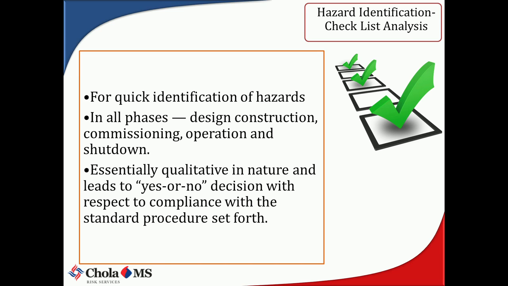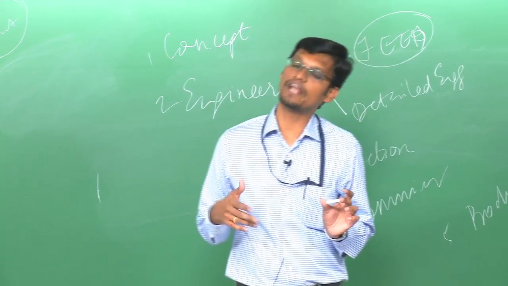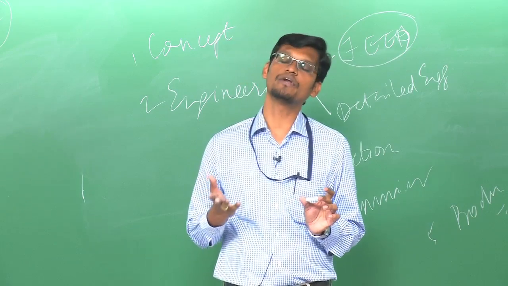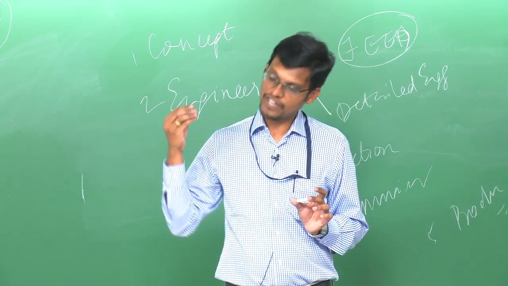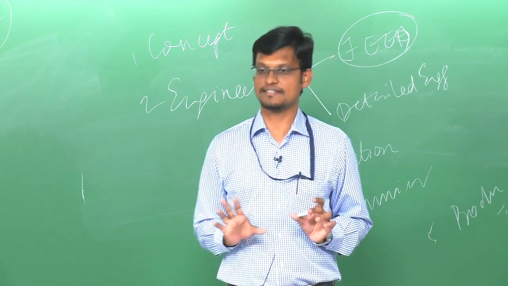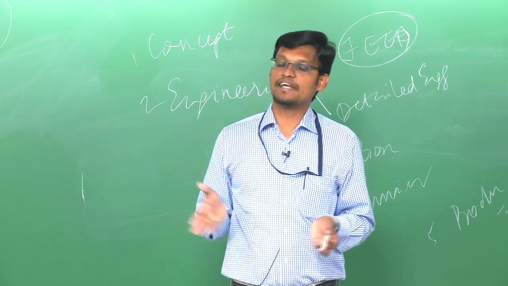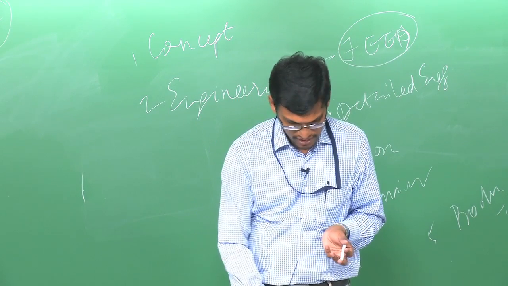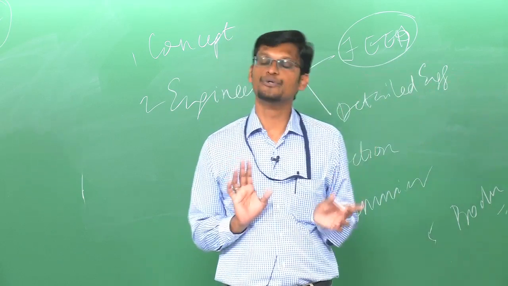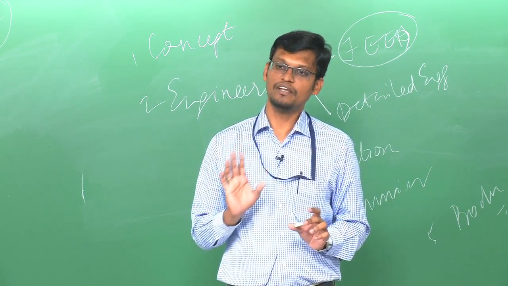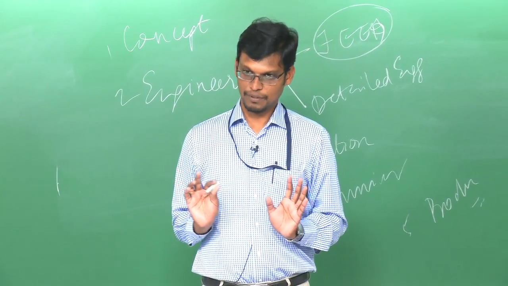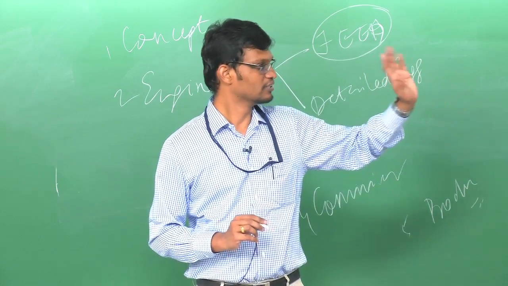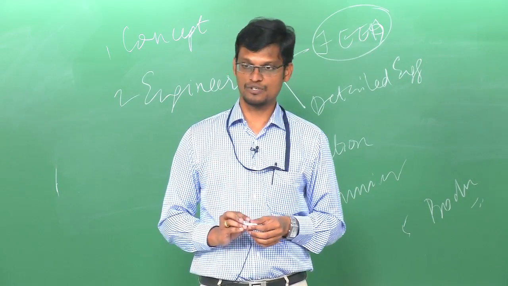See, one of the simplest techniques is checklist analysis. Okay, so you want to do maybe a desktop review or a rapid review. For example, you have a boiler. Now, you want to do an analysis either at the design stage or after it is commissioned, before startup. So, what you do is you have a standard set of checklists, you know what the points to be observed are, and then you use it to see whether the appropriate hazards have been identified, what the risk is, and whether it is acceptable to you to continue to move forward.